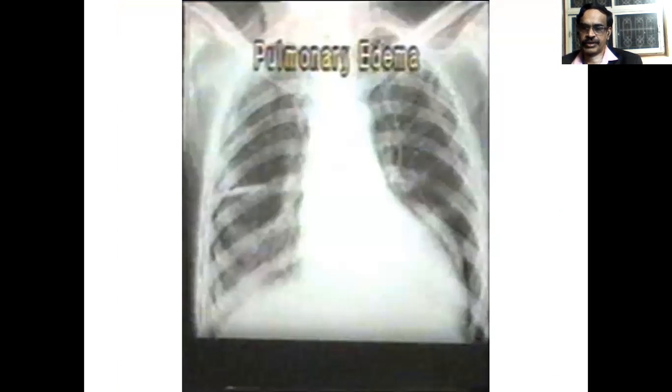In this pulmonary edema, you can see the prominence of the upper zone vessels, isn't it? And the cardiomegaly is there. Prominence of upper zone vessels or antler sign, and Kerley A, B, C lines. This is a huge pleural effusion. This one, pulmonary edema, you can see obliteration of the air shadow. So white shadow is in both the right lung and the left lung. Pleural effusion is also there.